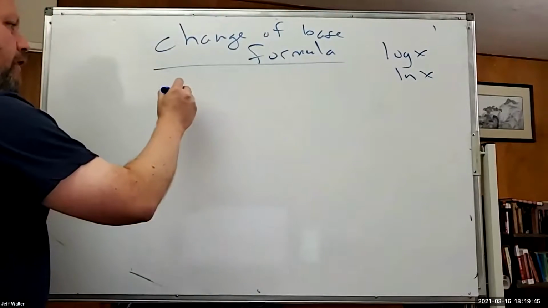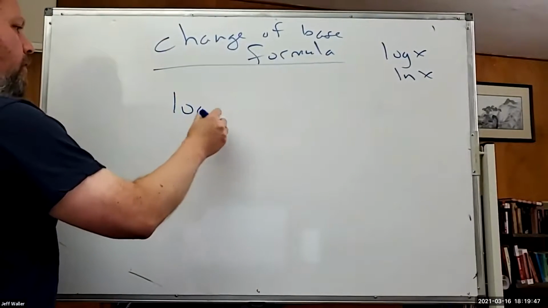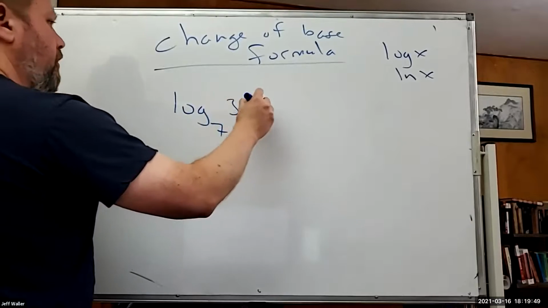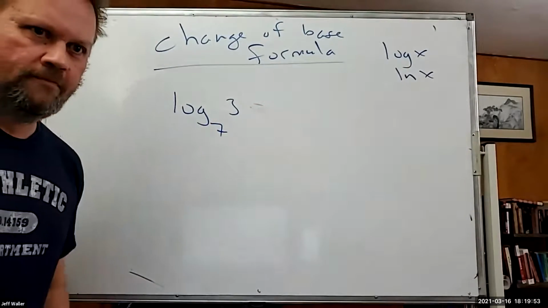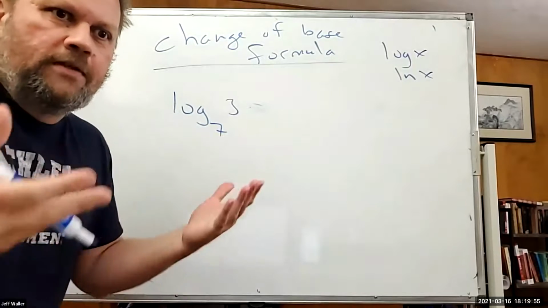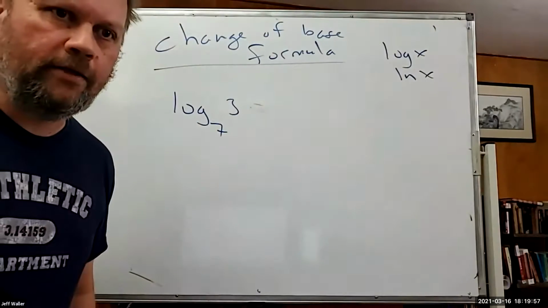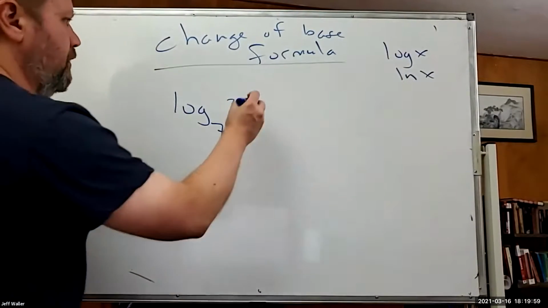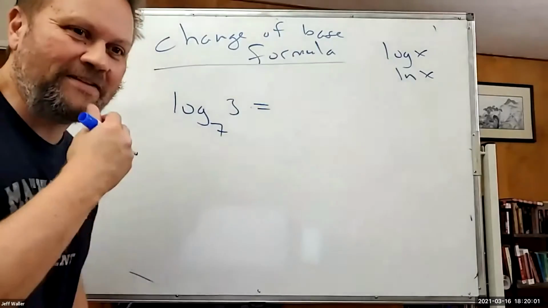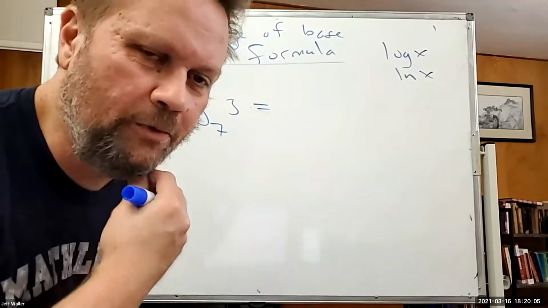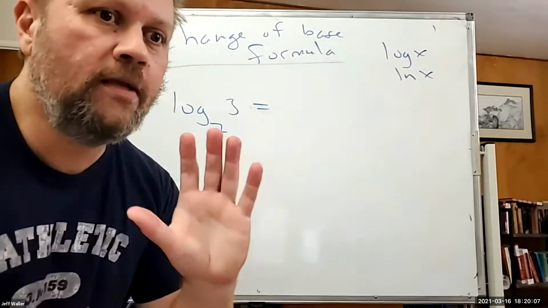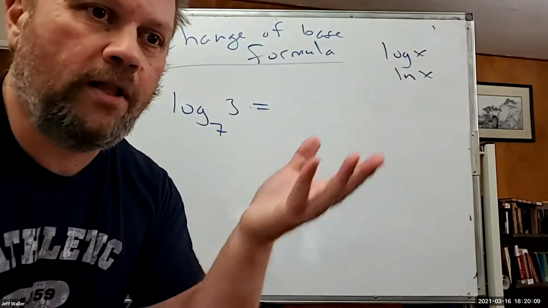So if I have log base 7 of 3 equals, I don't know, I want to do this. And it says, do this in your calculator. And you're like, I don't know. So what is the answer? I love this question. So let's all pretend like we're in algebra. We are in college algebra, to be honest. So what do you do when you don't know the answer? You call it